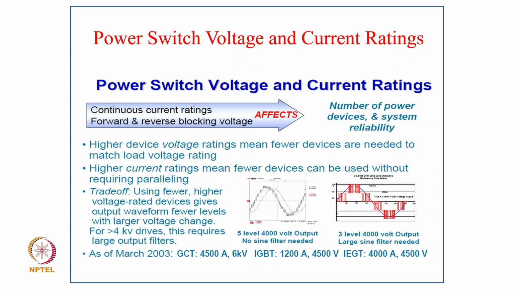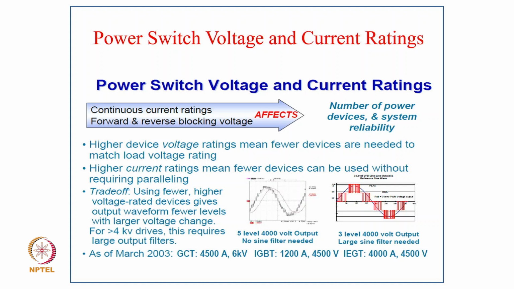Now coming to the power switch voltage and current rating. The power switch voltage and current rating depends on the continuous current rating and the forward and reverse voltage block, which affects the number of power devices and the device and system reliability. A higher device voltage rating means fewer devices are needed to match the load voltage rating, and a higher current rating means fewer devices can be used without requiring paralleling. So the trade-off is using fewer